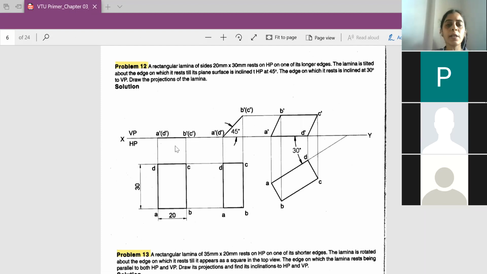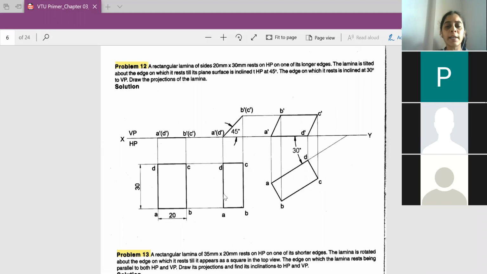So what we do is, you will leave some space here, fix a particular point, name A dash and D dash here, and then take 45 degree. Okay, so after taking 45 degree, you measure this distance, how much it is, keep one end of the compass here and cut an arc. When you cut an arc, name the point here as B dash and C dash. Please join this and darken. So this is our front view.